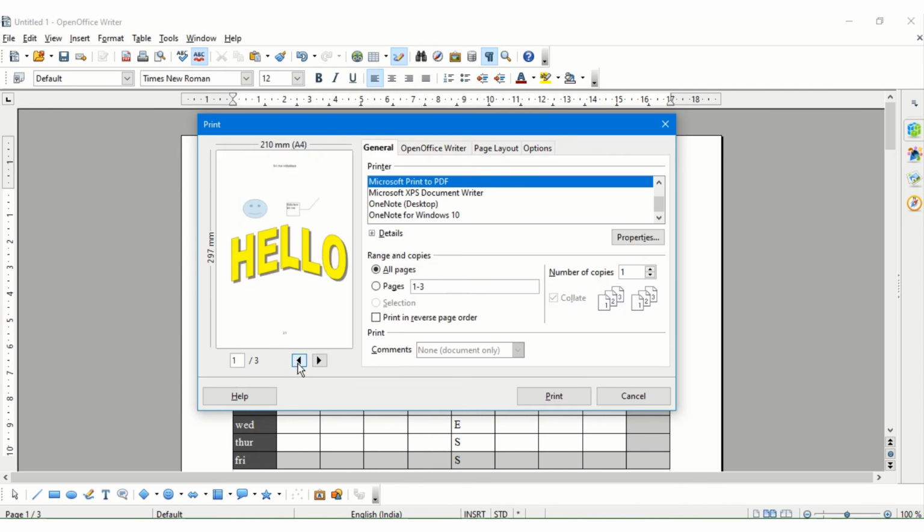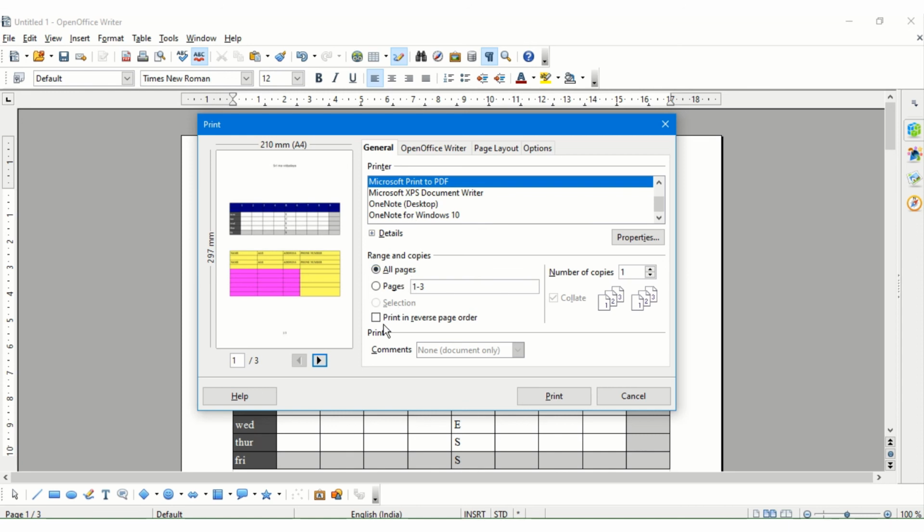As of now I have only 3, so I'll see only the 3 pages. Now here, Print to PDF. If I don't have a printer, I can print to a PDF file also. I can save it as a PDF print file, or a Writer file, or any of these options. Or if I have a printer which is attached to my computer, then I'll see the printer which is attached.